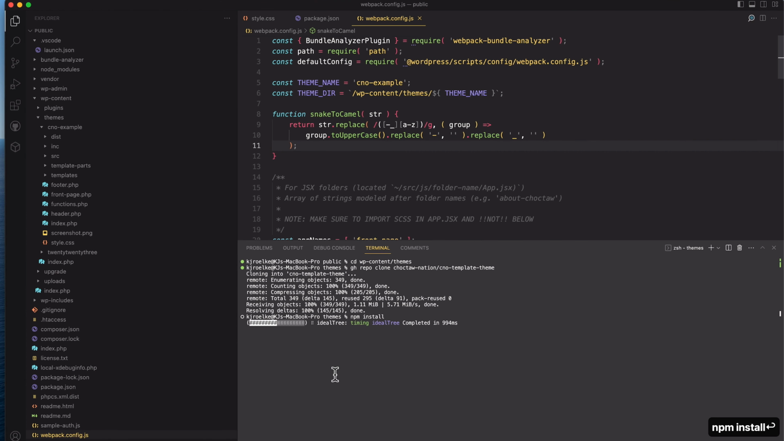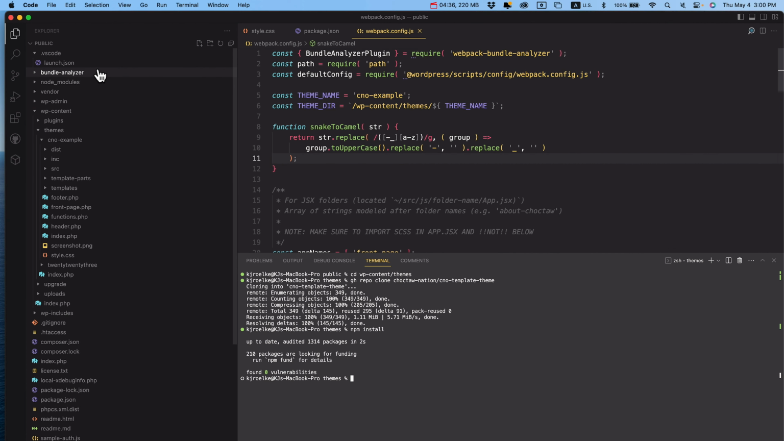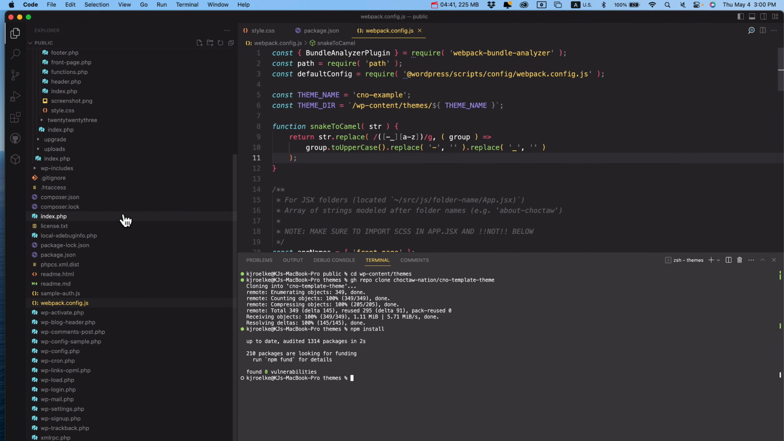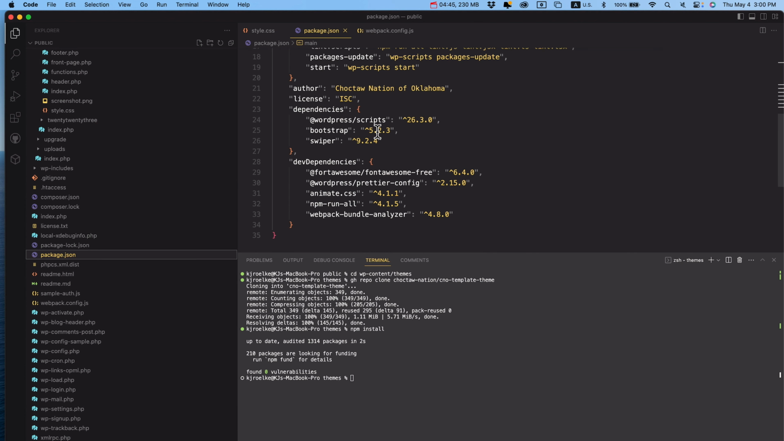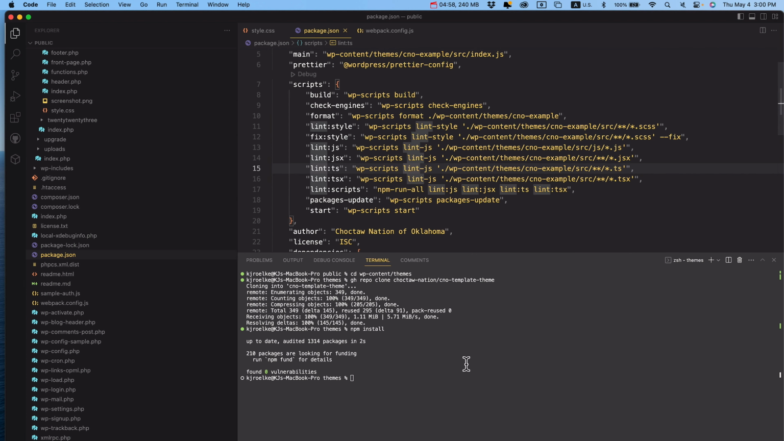And what that's going to do is it's going to install everything into a node modules folder up here in the top left. Obviously, I've already done that, so you don't have to wait for it. But it knows what to install because of this package.json, which is going to install your dependencies, which is WordPress scripts, Bootstrap, and Swiper. Dev dependencies, which is Font Awesome, WordPress, Prettier Config, Animate, npm run all, and Webpack bundle analyzer. So now, if I just run npm run start,